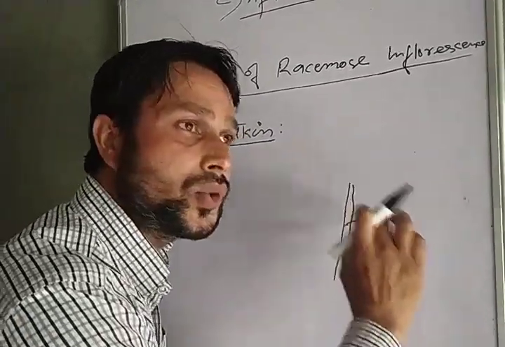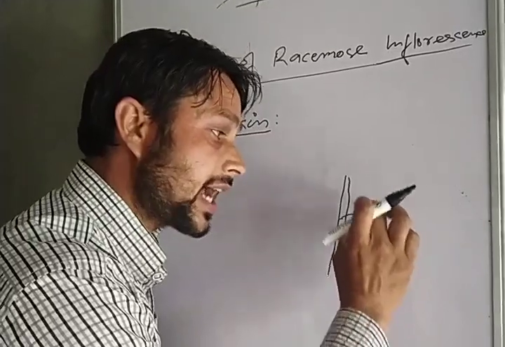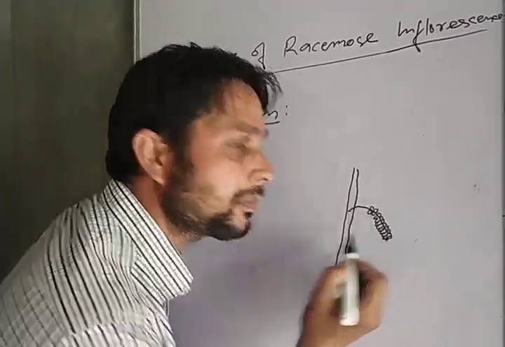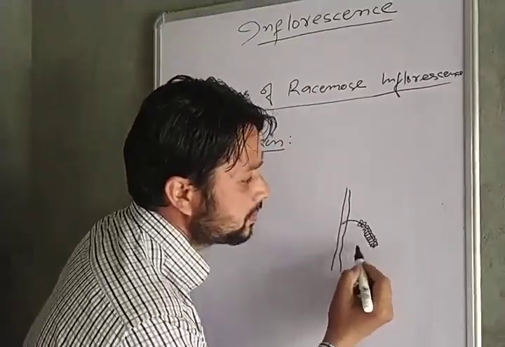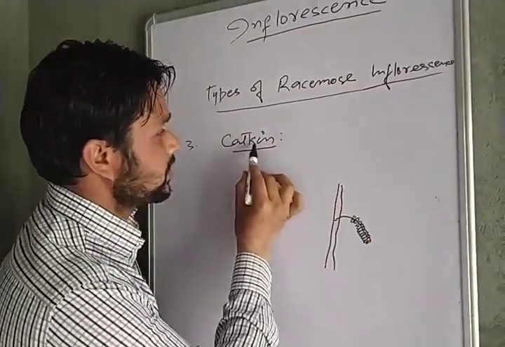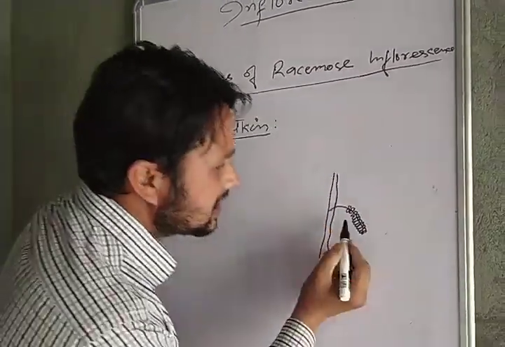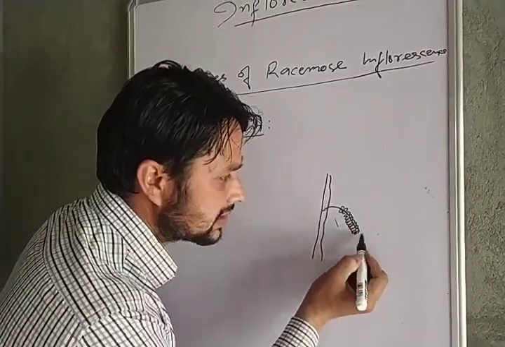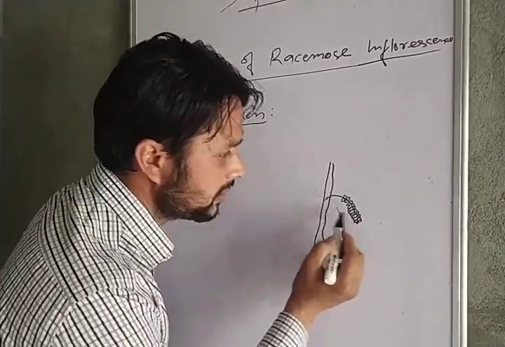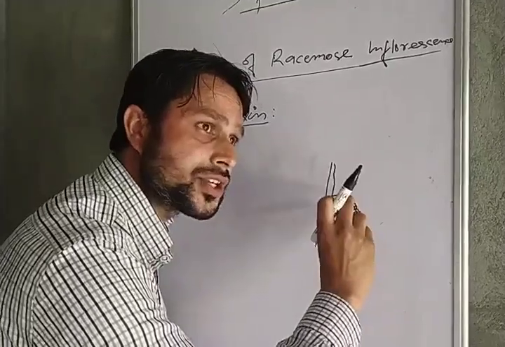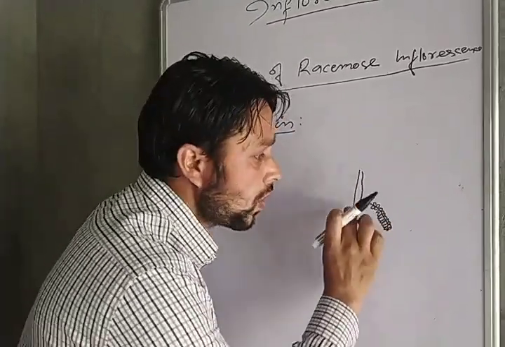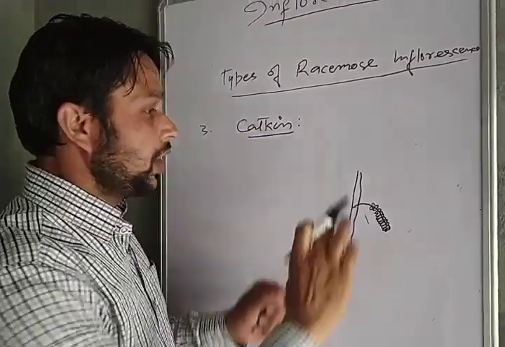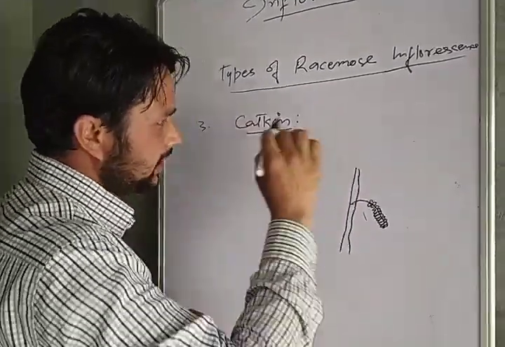Sessile and unisexual flowers remain attached to this hanging peduncle and form a cluster-like structure which is known as catkin. This catkin is basically this cluster-like structure which gets formed because of the assemblage of many sessile unisexual flowers on the hanging peduncle. Okay, if we define it, we can say